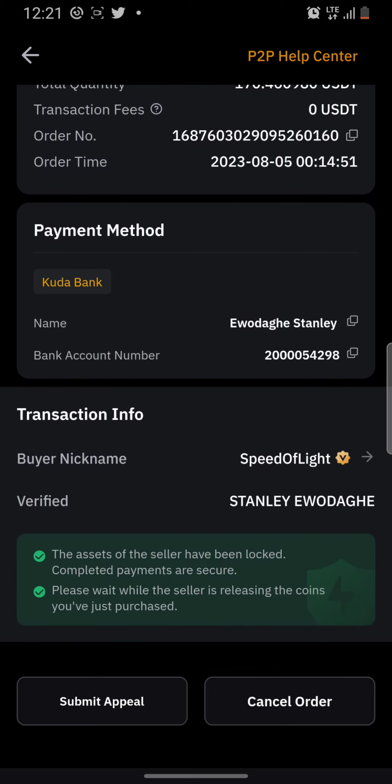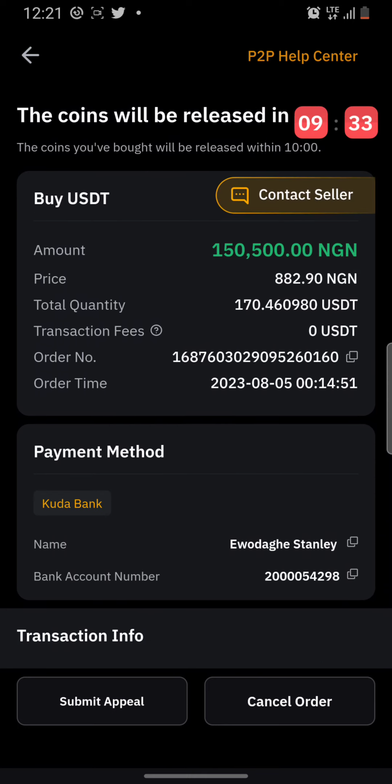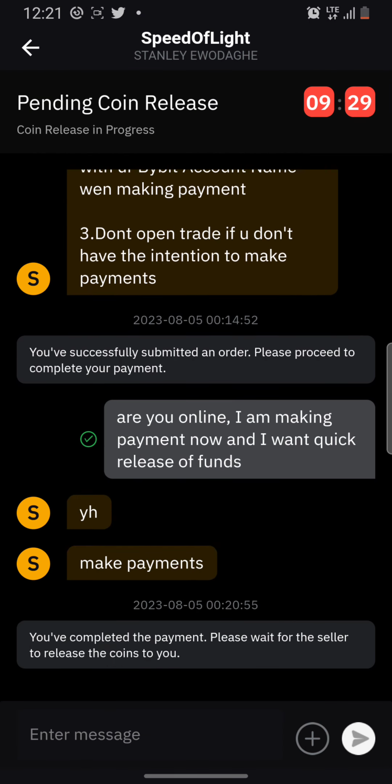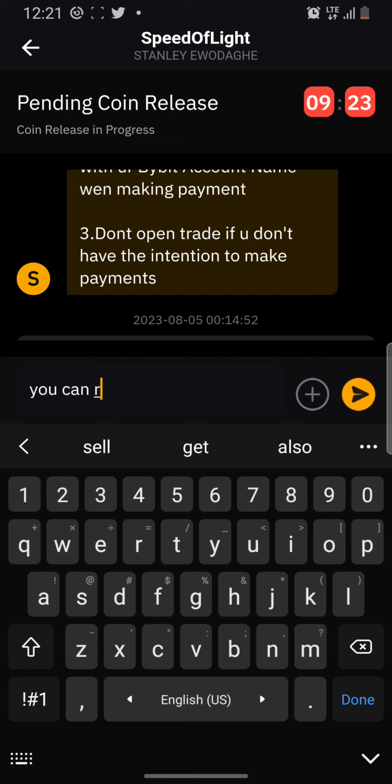So you see the assets of the seller have been locked. Completed payments are secure. Please wait while the seller is releasing the coins you've just purchased. So I'm waiting for the seller to release the funds. You can message him again. You have completed the payment. Please wait for the seller to release the coin. You can release now